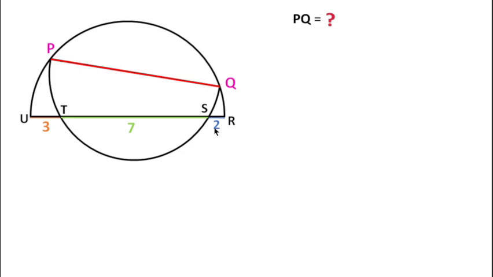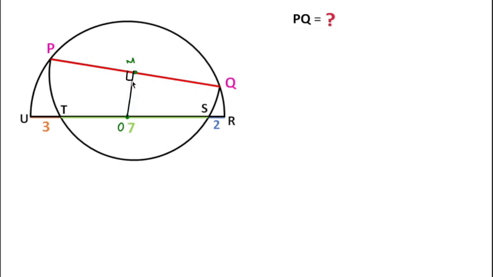By seeing this figure, we can say that the diameter for this bigger semicircle will be 3 plus 7 plus 2, that is 12 unit. So the radius of this bigger semicircle will be 6 unit. So if we consider this point as the center of this bigger semicircle and this point as the center of this smaller semicircle, let's suppose this is O and this is M, and since PQ will be the diameter for this bigger semicircle, from the center of this semicircle, if we draw a line, then this line will be perpendicular,